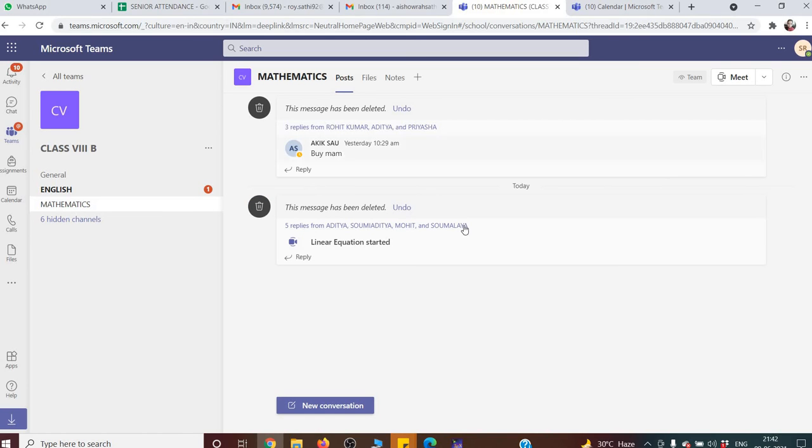So there will be no more meetings. After that you will create a new meeting and the students can only see the new meeting. So it will not create any more confusion. You will have a single link to join for a class.